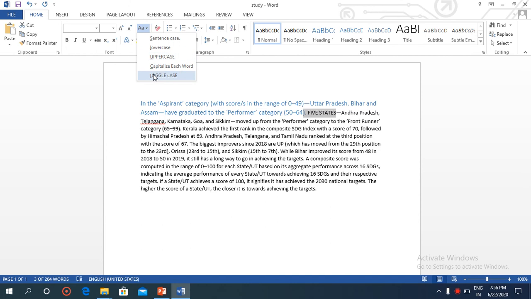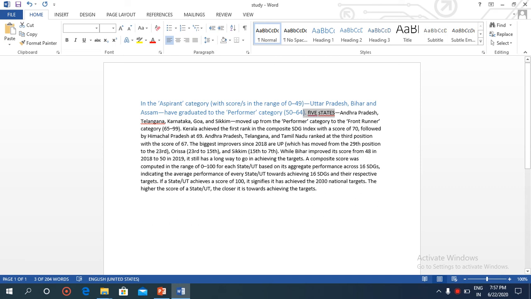If I select capitalize each word, the starting letter of each word will be changed into uppercase. And if I select toggle case, then the first letter will be in lowercase and the remaining letters will be in capital form. So these are the various cases of our text, and in this way we can change the case of our text.